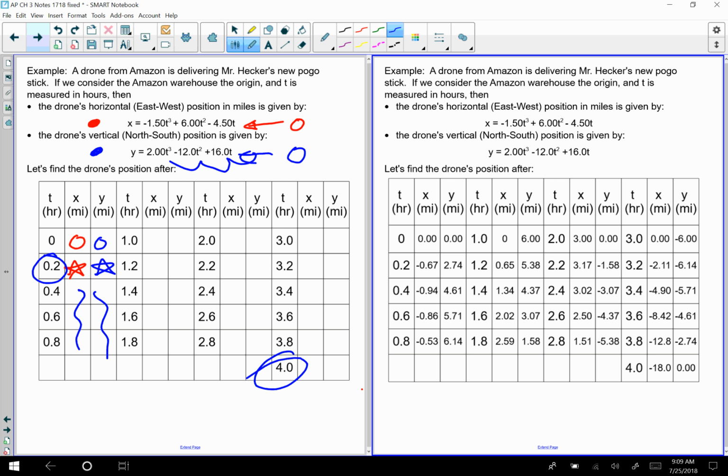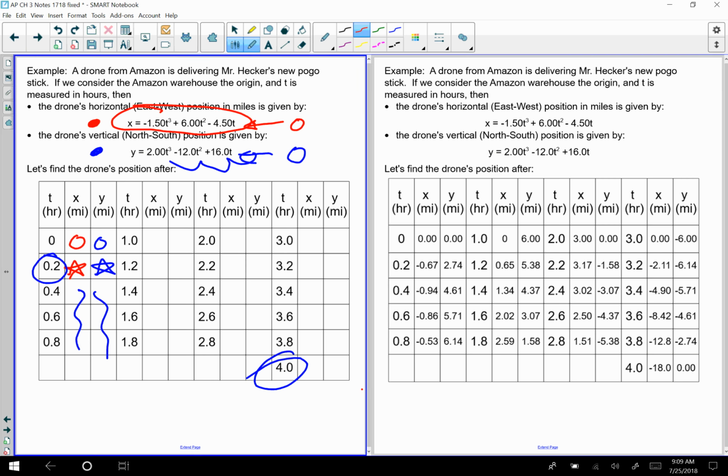So that's the deal. What this chart gives us is, for different times, the x and y position of the drone, right? Now, how do we deal with this information? Well, there's a couple things we could do. Option 1 is we could take this and make a position versus time graph,